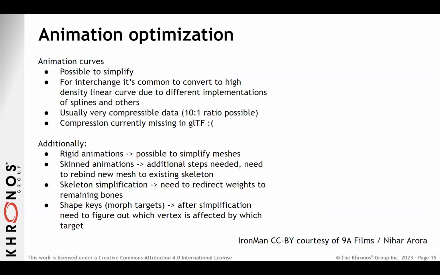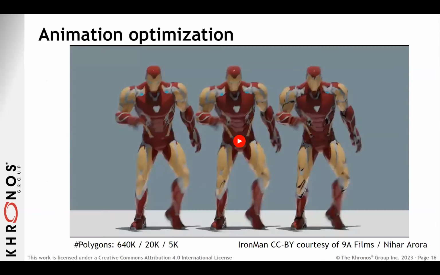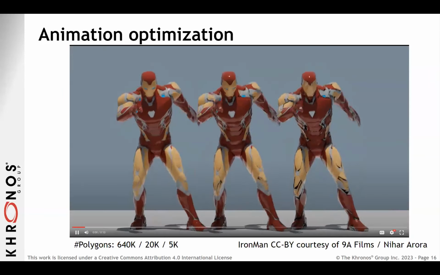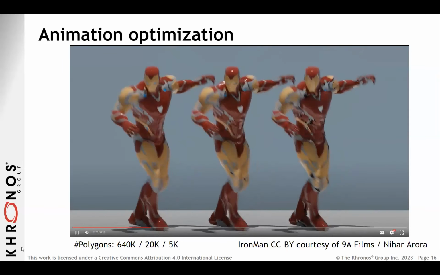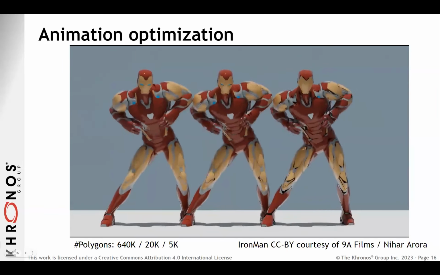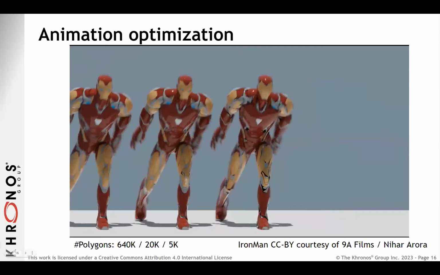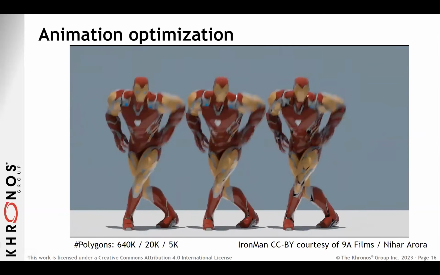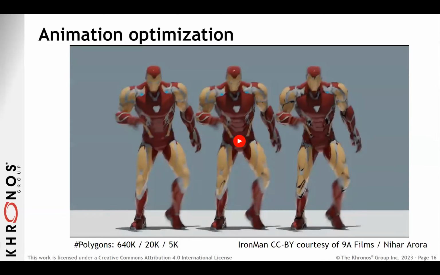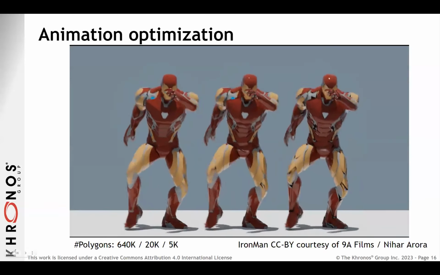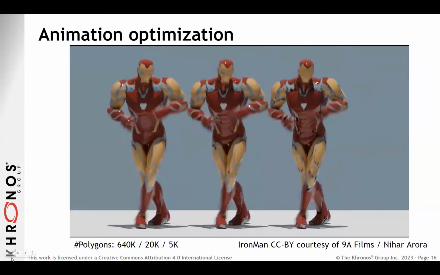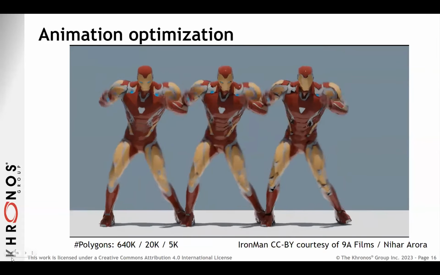So let's please move to my final slide, which is this dancing Iron Man. Can you please play it? Thank you. So on the left, we have the original one. In the middle, we have, let's call it LD0, or LD1, and then LD2. So you can see the poly count on those. It's 640K, 20K, and 5K. And you can press replay. You can see it's pretty much indistinguishable in terms of